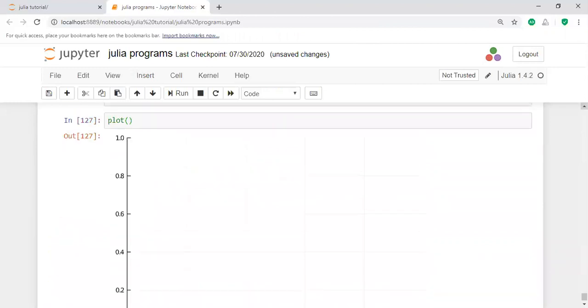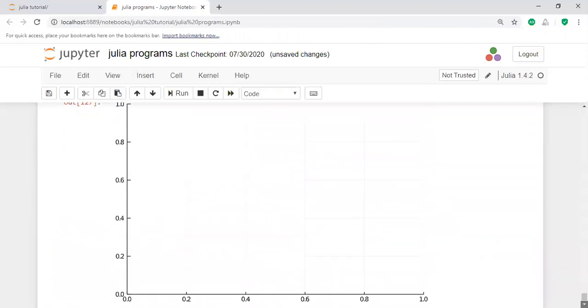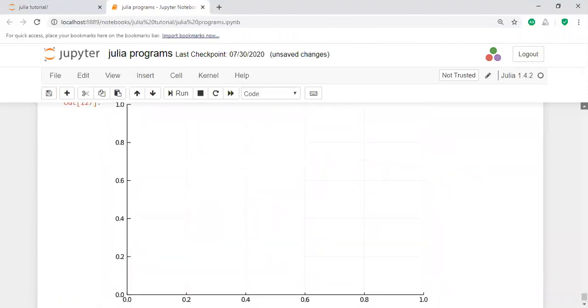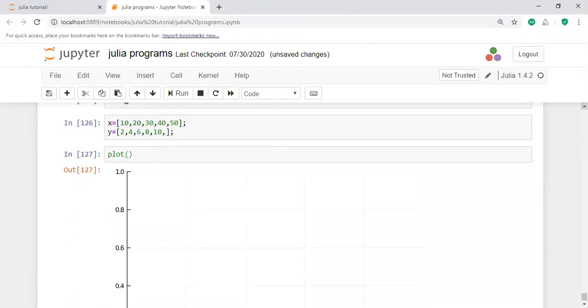The plot consists of values from 0 to 1 everywhere. This is called an empty plot.